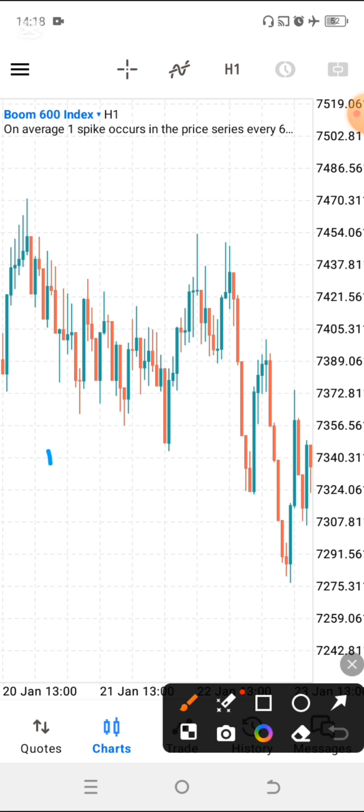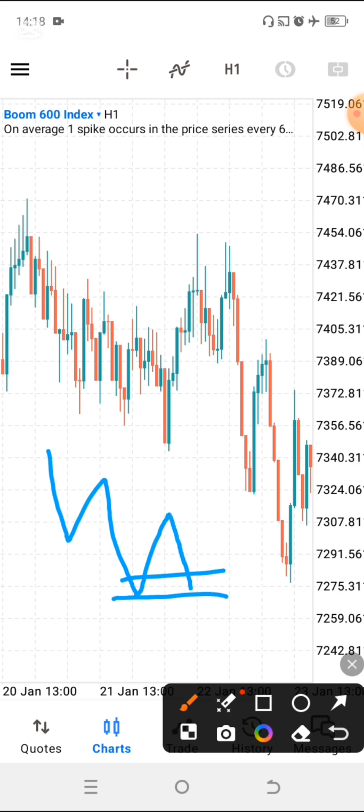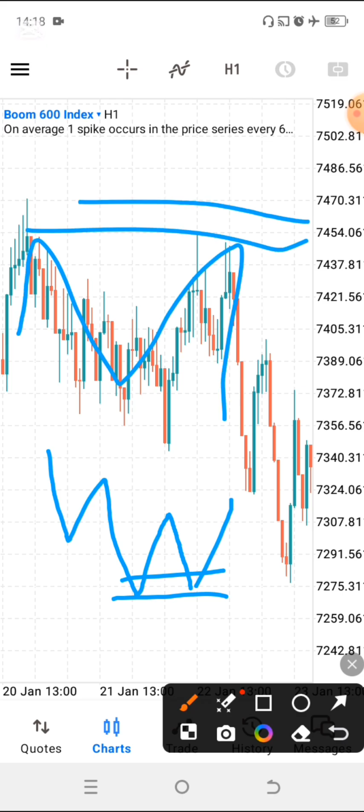So let's say we're going down over here, and then over here we're going down. This is a support area, right? But it's not always that we're going to have a W or an M in this case that's respected. The market can come back over here and consolidate, like it wants to respect that area, and when you enter for your buys, they hit your stop loss.